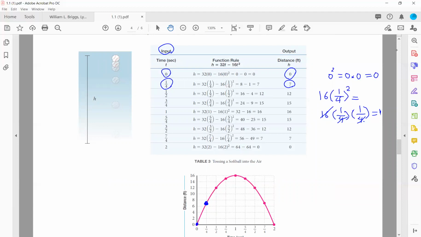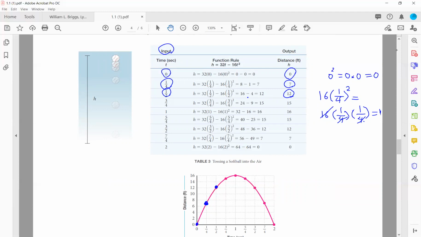Let us plug in another number like a half into the function. 32 times a half minus 16 times a half squared. A half squared is a half times a half, which is a fourth. 16 divided by 4 is 4. So 16 minus 4 is equal to 12. The output value is 12. When t is a half, your y value is 12. A half on the horizontal axis and 12 on the vertical axis